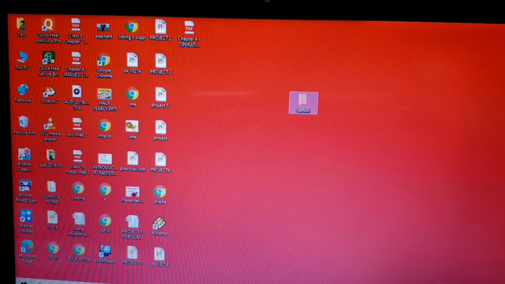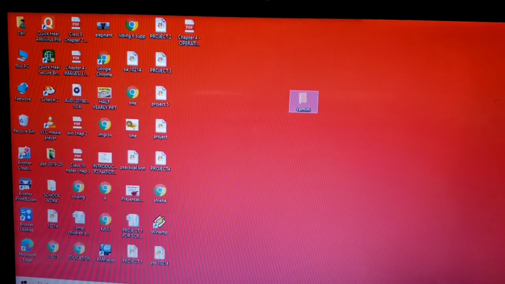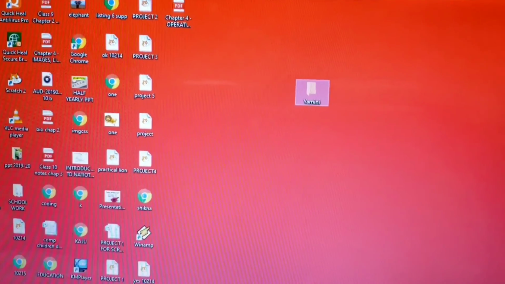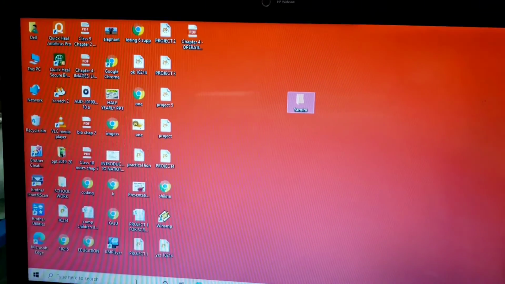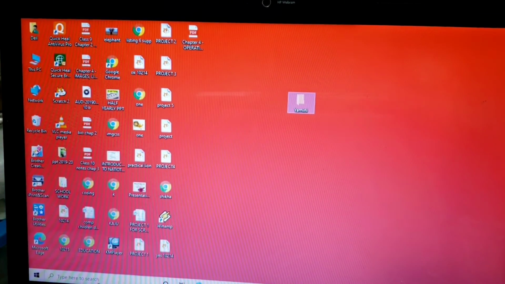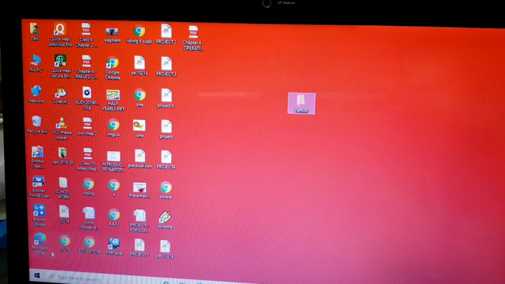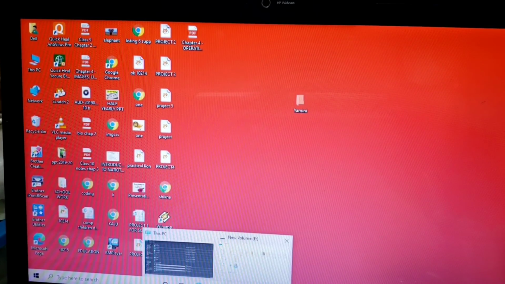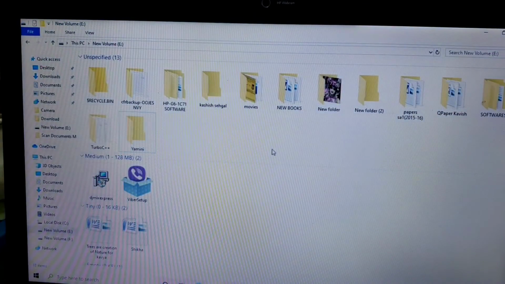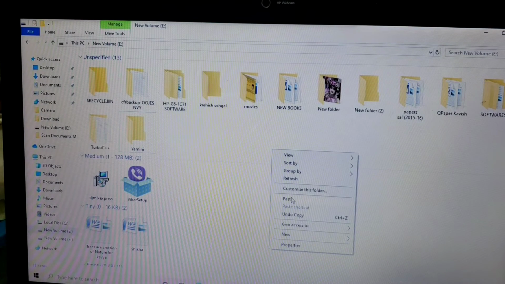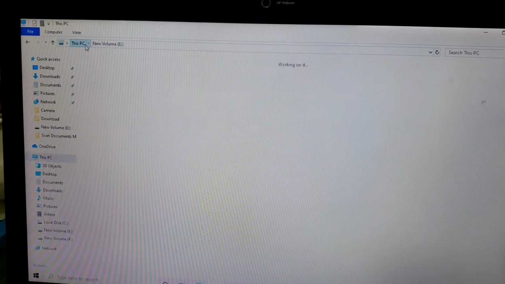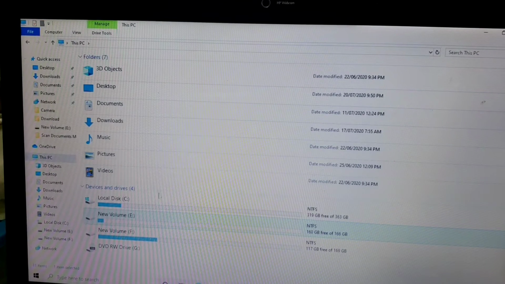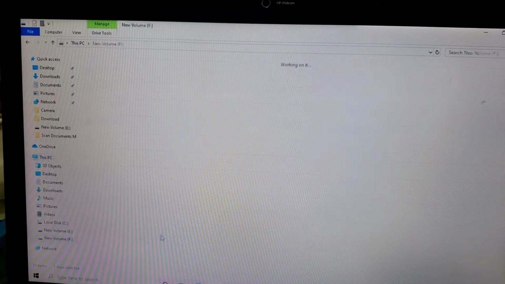Now wherever you are going to save it, you might be saving it in E drive or anywhere else, right? It is already there, so I'll go to any other drive, maybe C drive or F drive.